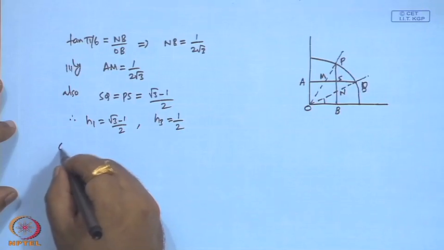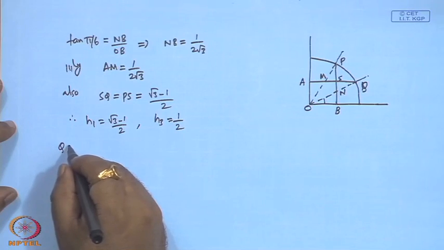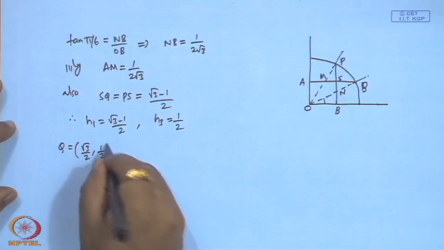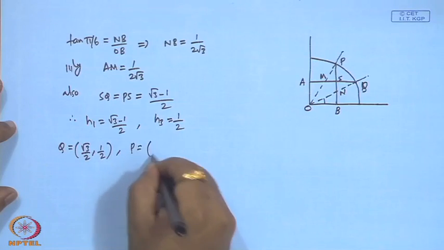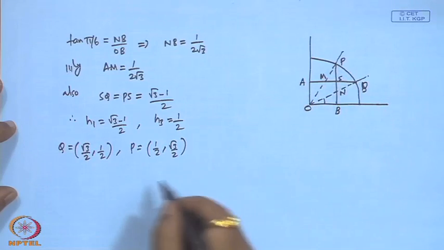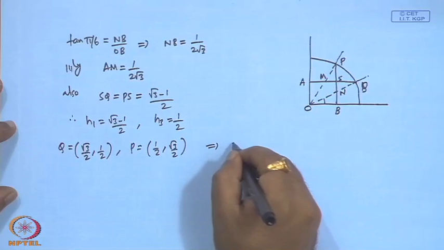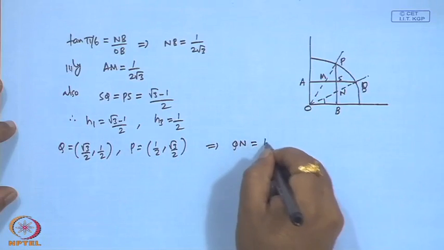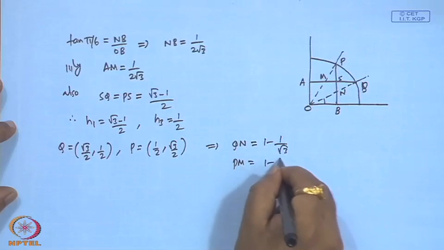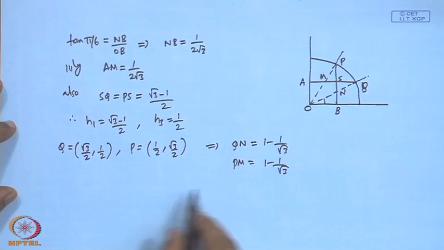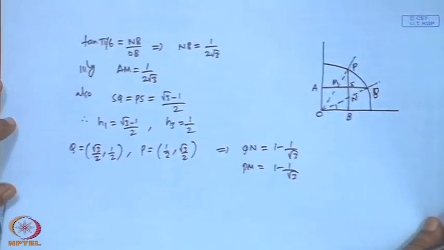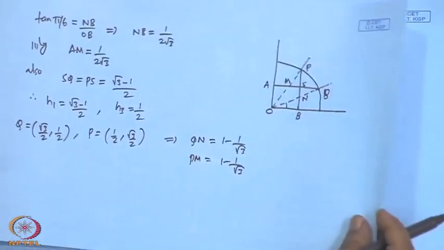So, we have points Q is and P is P and Q. So, accordingly Q 1 is and P m is right. So, now the formula, the algebraic equation simplifies to